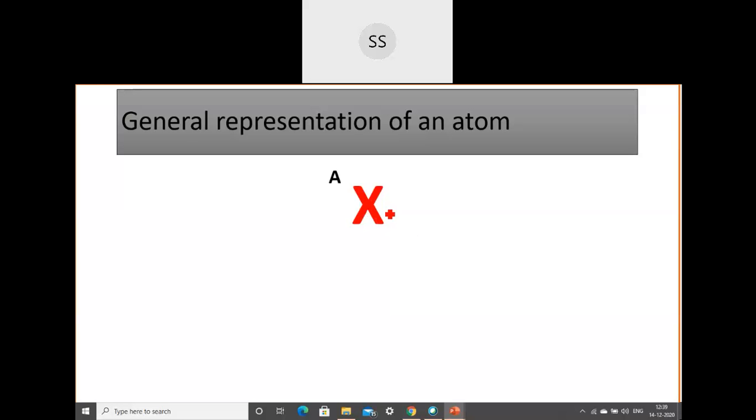Before that, I will go for the general representation. Generally, when you are representing, A you write up and Z you write below. Here A stands for mass number. Mass number is always higher. And Z stands for atomic number. So A is the mass number, Z is the atomic number, and X is the symbol of this particular element. Any element when you are representing, see that you write it in capital letter. And how to calculate the mass number? I'll write at this side here. Mass number is made up of two things.